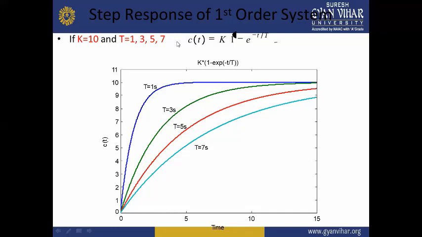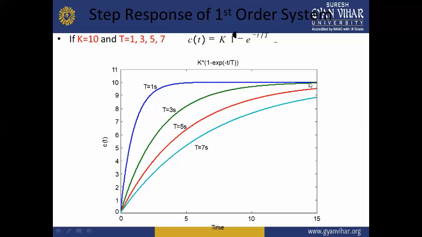Earlier you were achieving the steady state value at about 4.5 seconds, but with T equal to 3 seconds, you get the steady state value at around 12 seconds. That means from 4.5 seconds to 12 seconds, just by increasing the time constant by 2, there is a huge response delay. The system will reach the steady state value after a duration of how much? 15 seconds.